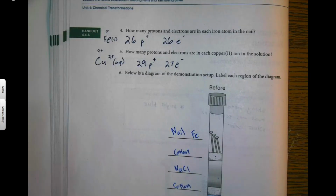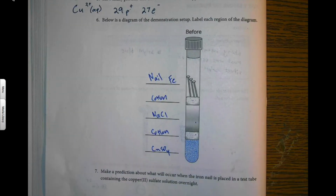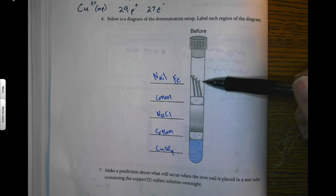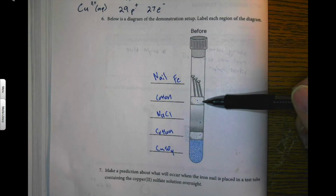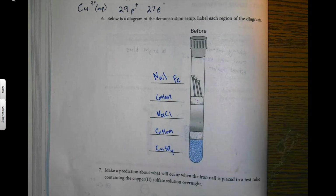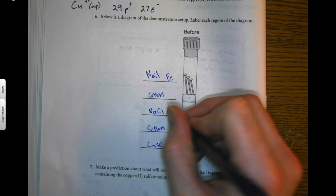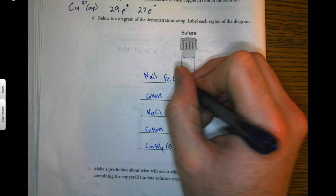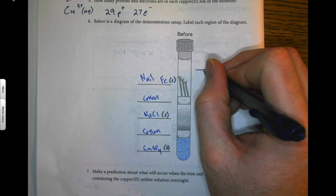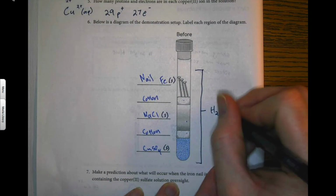Okay, hopefully we're following that. Now, just below the diagram is a diagram of a demonstration setup, just to make sure you understood that the iron was on top. You add some cotton or nylon, and then sodium chloride, and then your cotton, and then your copper sulfate. Now this was as a solid. And then sodium chloride was a solid, and then iron was a solid as well. They were all solid, and then the whole thing was filled from here to here with H2O, with water,